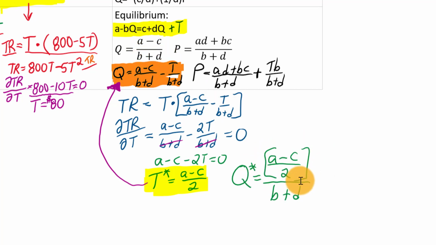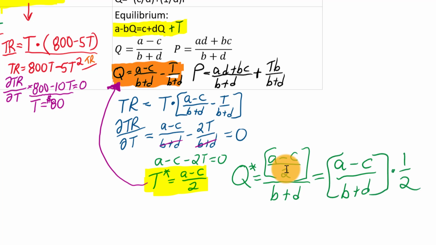Well, this is the numerator, a minus c, divided by 2. So if you're dividing the numerator by 2, that is exactly the same thing as, we could move the 2 over here, right? A minus c over b plus d times 1/2. So this is telling us that if your goal is to maximize tax revenue, what you want to do is choose whatever tax level cuts the quantity in half. Now again, it would be lovely if in the real world demand and supply curves were perfect lines, and then this would be a wonderful simplistic result for any government that wanted to maximize tax revenue.